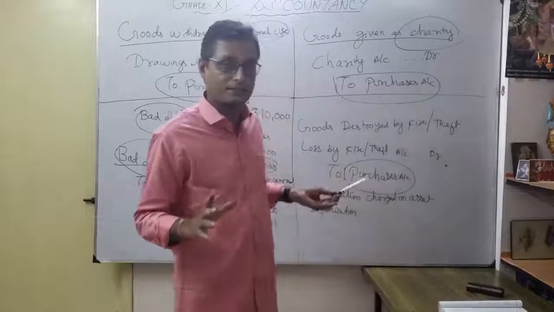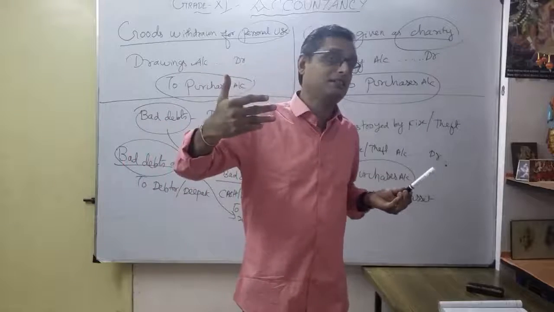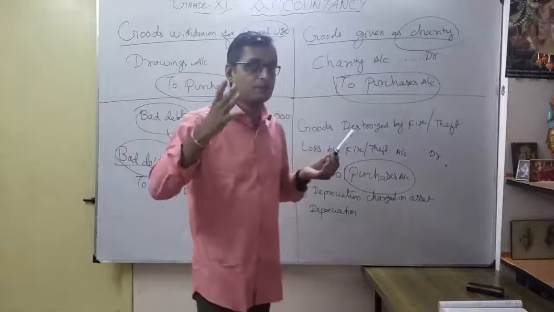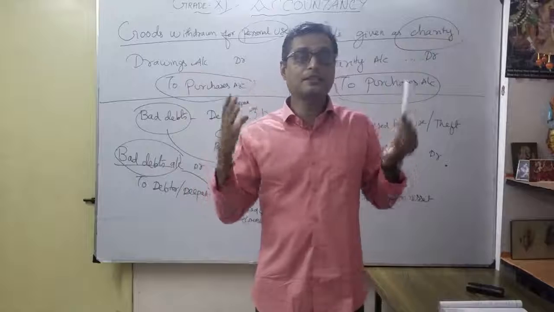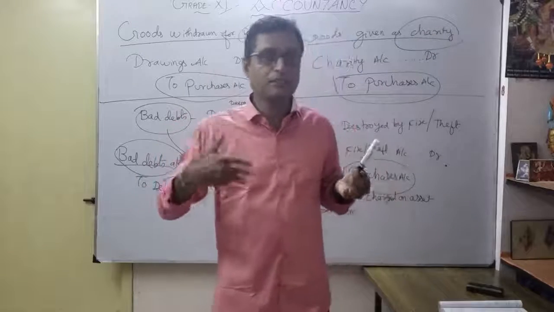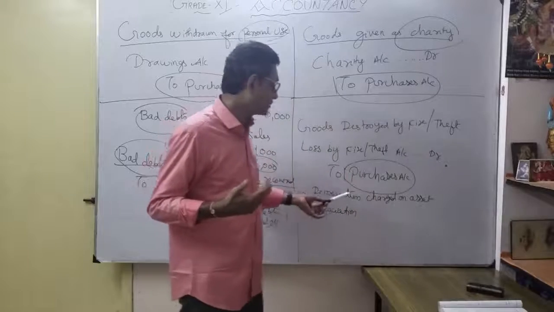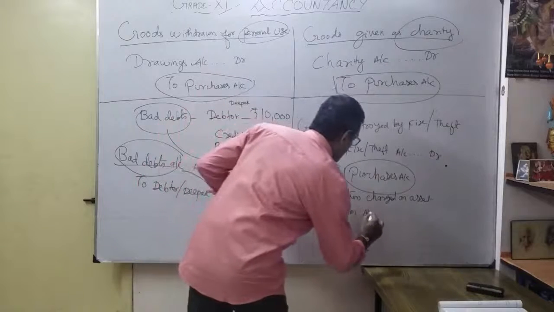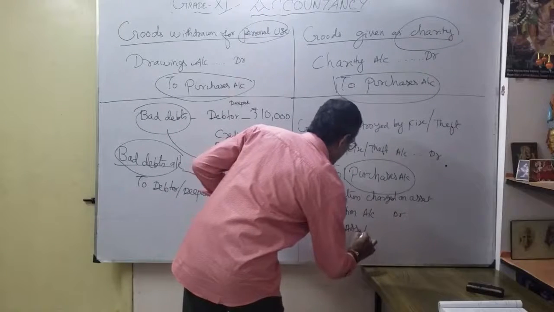Separate chapter, very interesting. See here, depreciation is what? Wear and tear. After usage of your asset, the value becomes reduced. So I want to show that. Suppose 5 years back you purchased a car, you can't expect the same quality from the car. So definitely the car will become weak now, after usage for a longer period of time. Similarly here, how to calculate depreciation charged on asset? How to pass the journal entry? Depreciation account debit to the particular asset, that is credit.